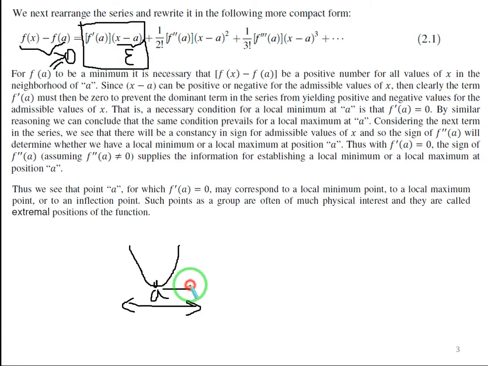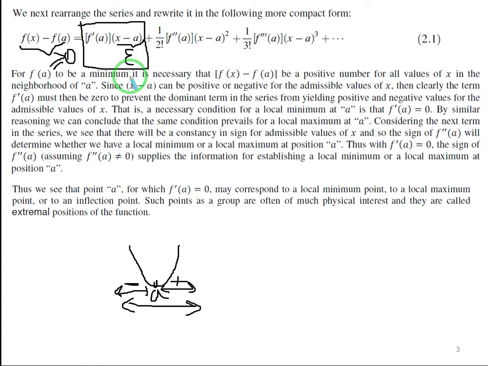In this neighborhood, x minus a is positive. And if x is smaller than a, or in the left neighborhood, we can say that x minus a is a negative number. So x minus a changes its sign in the neighborhood of a,